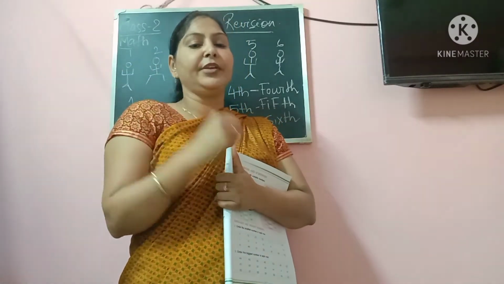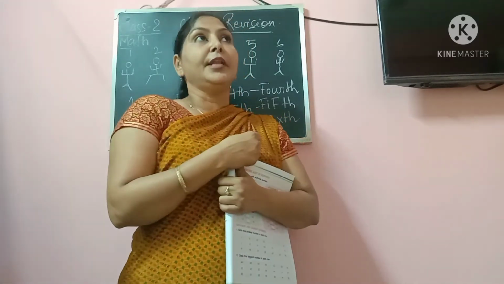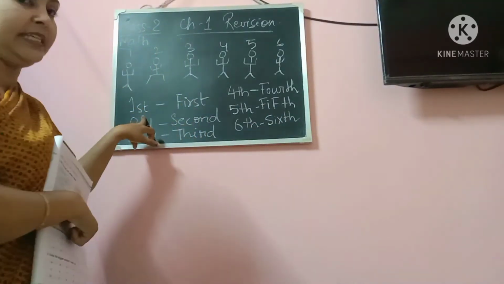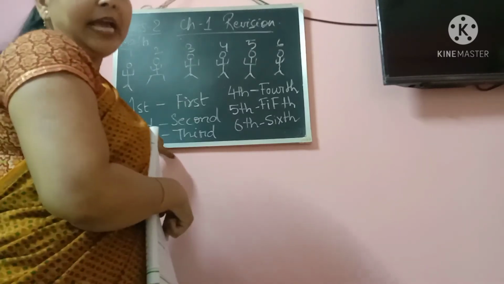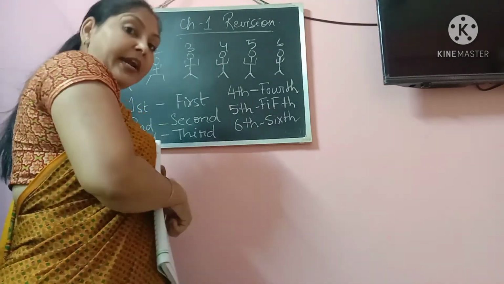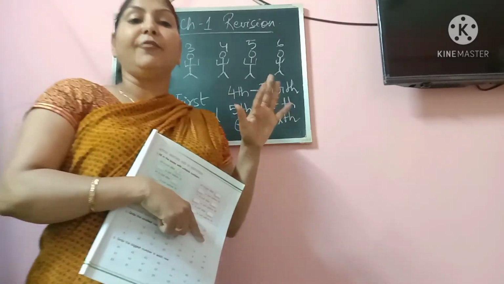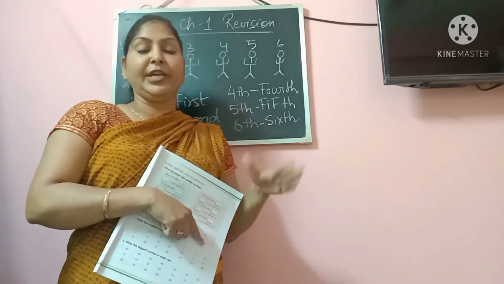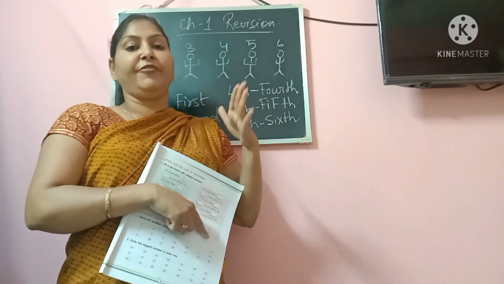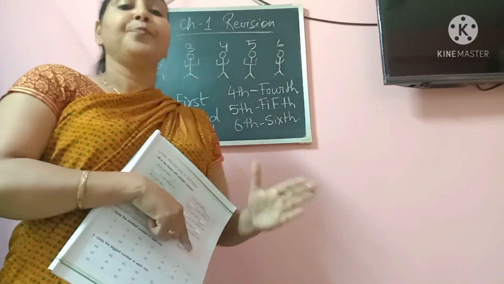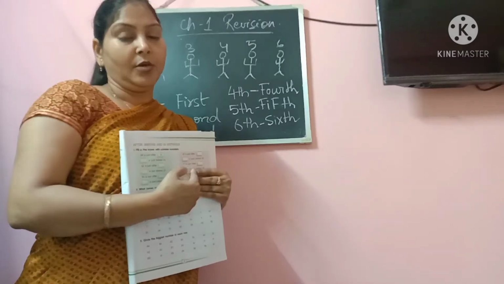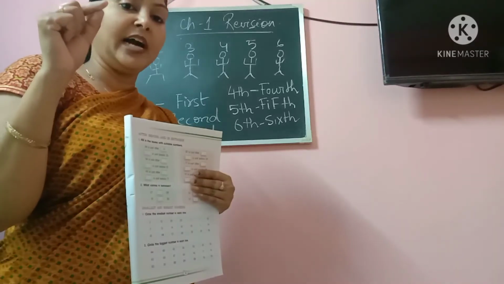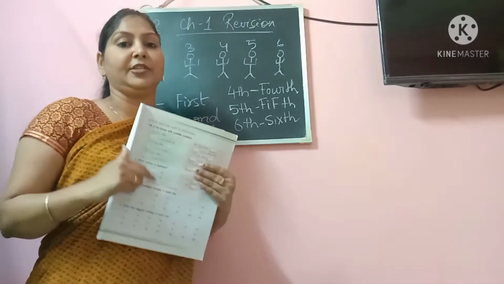From 21, 22, how do we read in ordinal numbers? Now as I told you, when we say 1, then we have to add always ST. When it is 2, we add ND. When it is 3, we add RD. So when I have to say 21, I will say 21st, 22nd, 23rd, 24th, 25th, 26th, 27th, 28th, 29th, 30th. Okay, 30th means THIRTY, 30th. TH, like that.